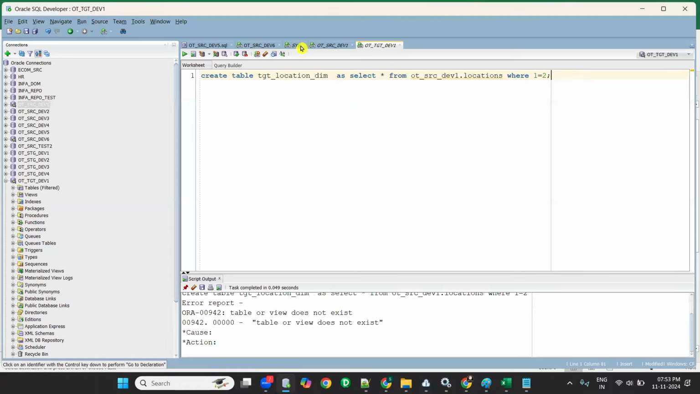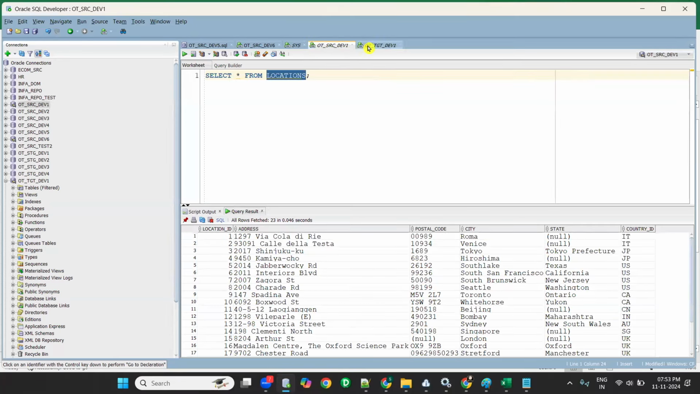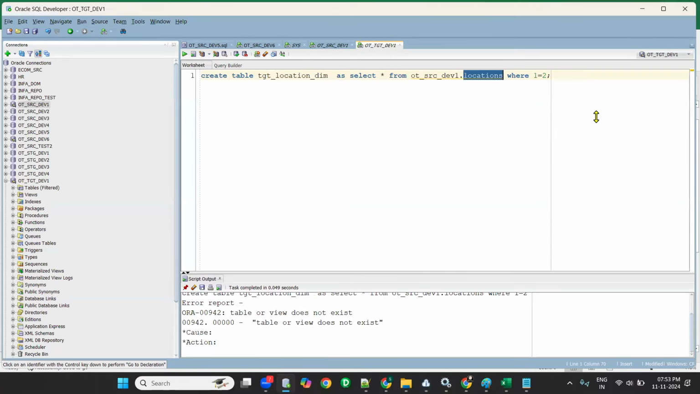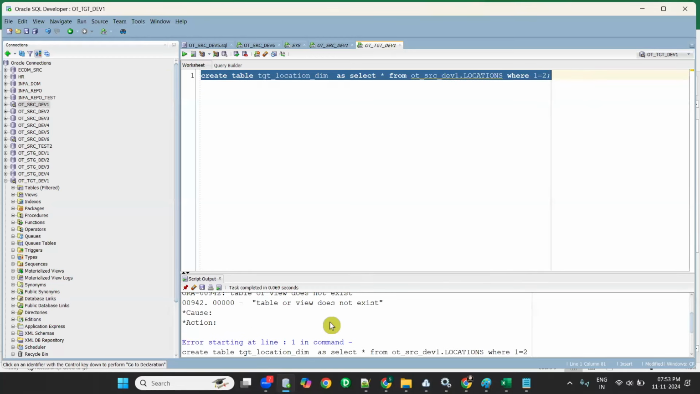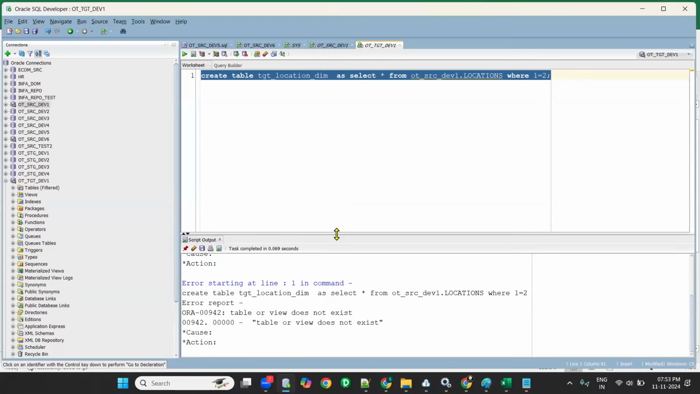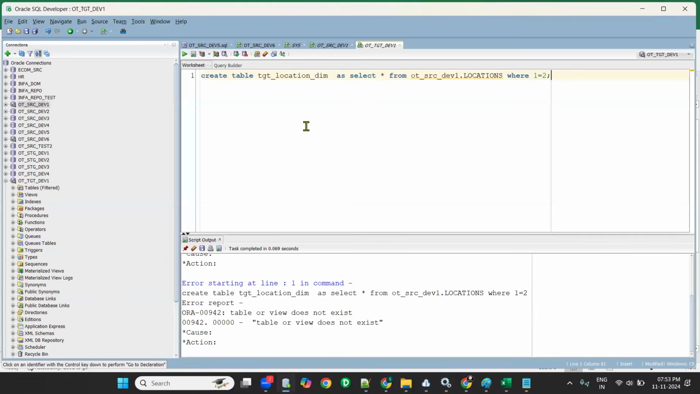So OTSRC dev1 dot locations, give locations correctly. OTSRC dev1, right? Yeah. Product into this. Hold on a second. Create a table select star from